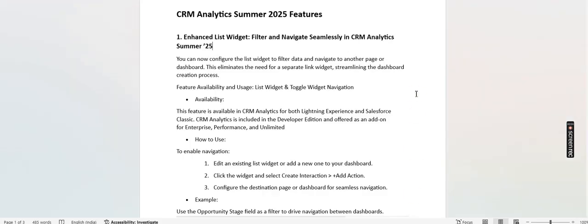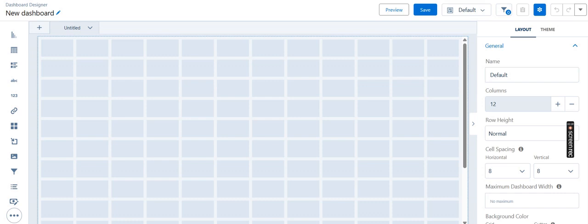Hi everyone. So let's quickly discuss the Salesforce CRM Analytics Summer 2025 features that were recently introduced. Let's start with the first feature, which is the enhanced list widget. In this enhanced list widget, we are going to see how we can add interactivity to your list and toggle widget. So let's quickly dive into the Salesforce org